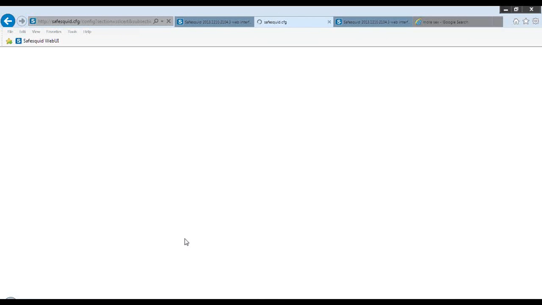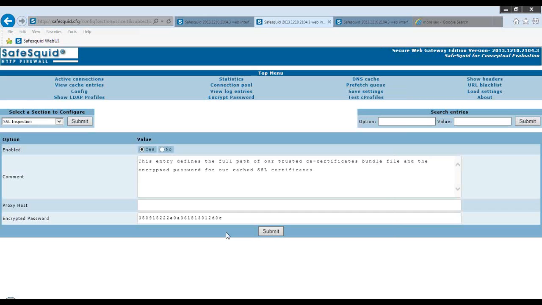Now, the password protected SSL certificate uses an encrypted password.